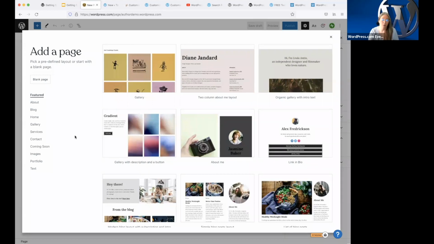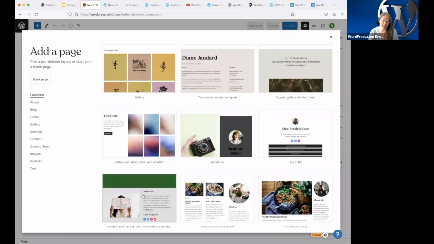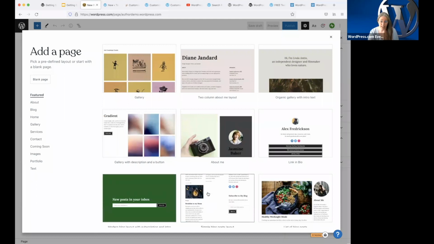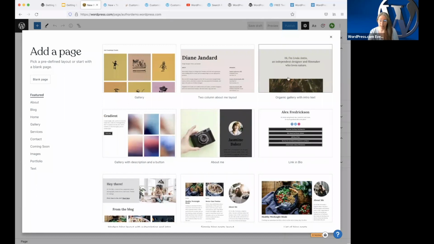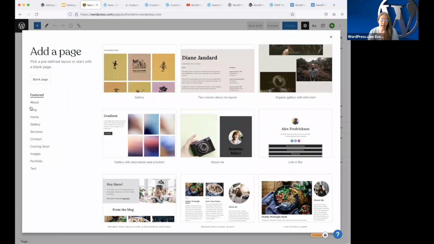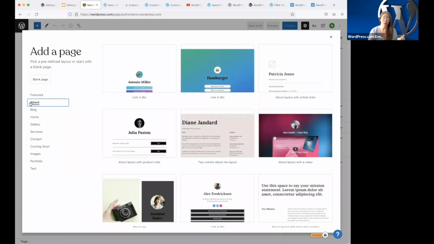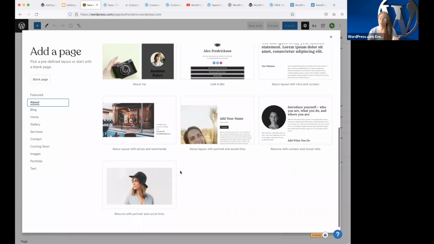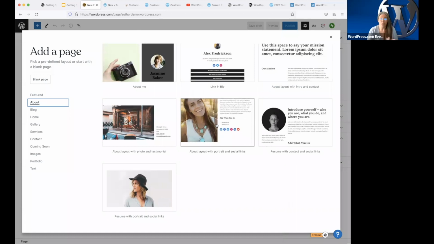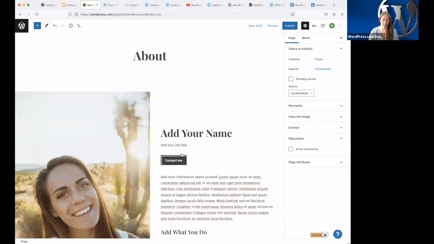But if you're in WordPress.com, this is a really great way to get your pages started without having to figure out how do I lay this out, okay? These layouts put a whole bunch of pieces onto the page for you. And you can just look at these little thumbnails to see what's in them. And you can go by a particular type of page. So if you know you want to create an about page, go to the about category here and look at the page layouts that are offered here for you to choose from and decide which one you like the best as is. And then you just click it and it's going to drop all of that content directly into the